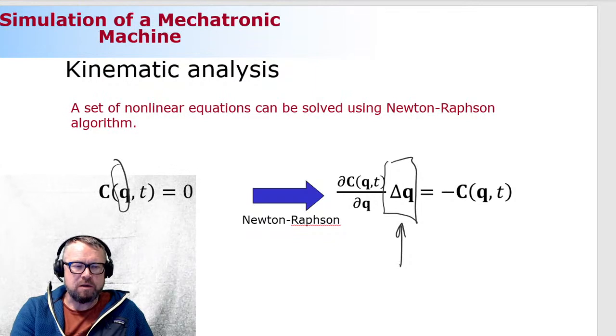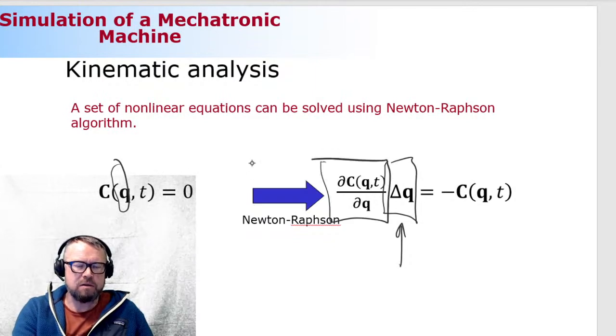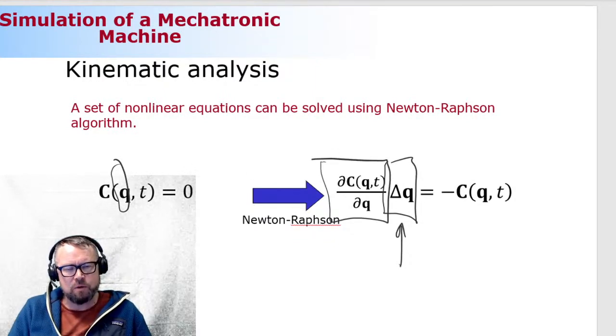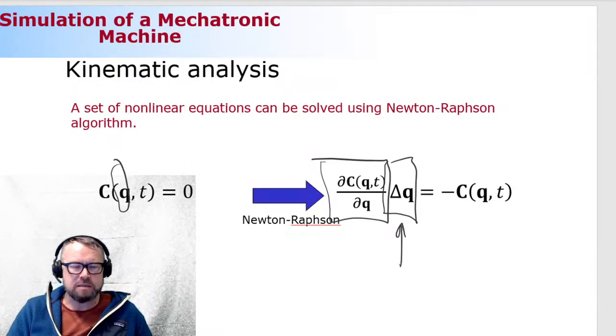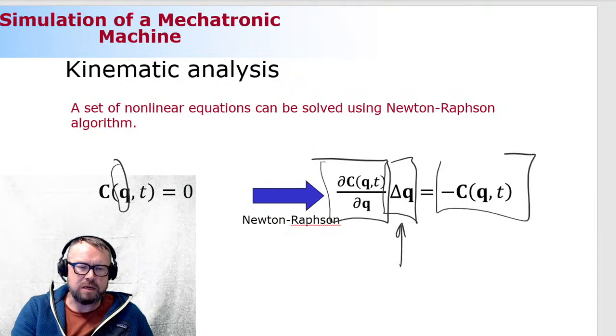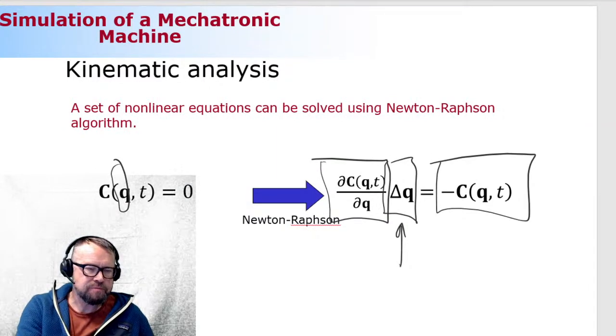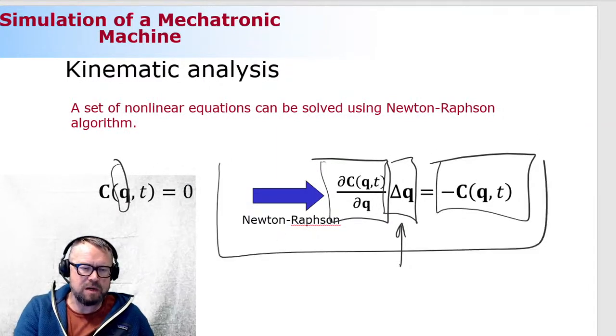Now, this is how it goes. This one here looks pretty bad. So this is a partial operation. It's partial C, which is the partial of the constraint equation, partial Q. And Q again is the generalized coordinates. This is what we're going to look at in detail. And then this guy here is the constraint equation with a minus sign. Where this Newton-Raphson is coming from,